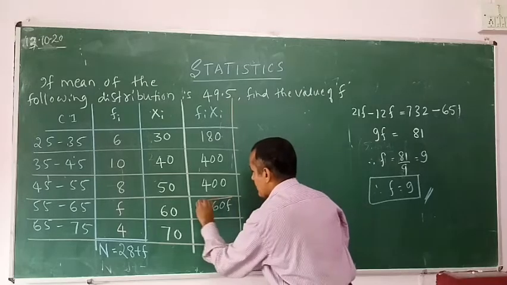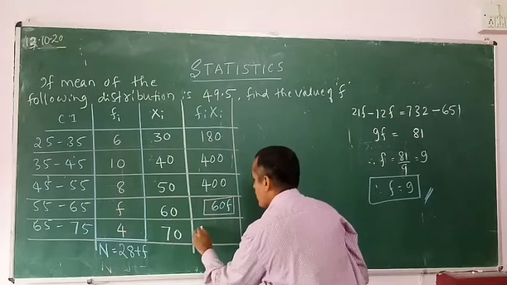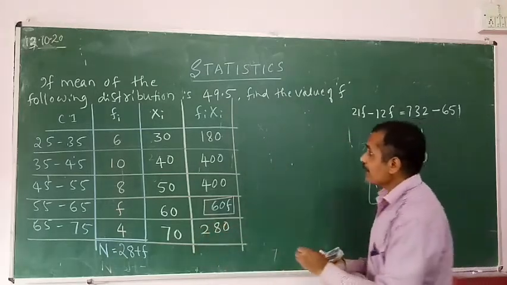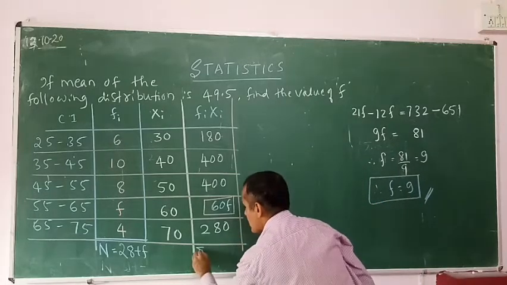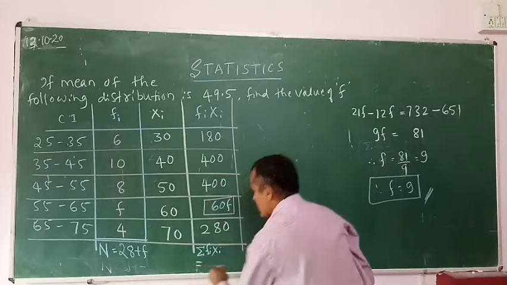This cannot be clubbed with any other numbers. 70 into 4 is 280. I will write here sigma or summation Fi Xi is equal to